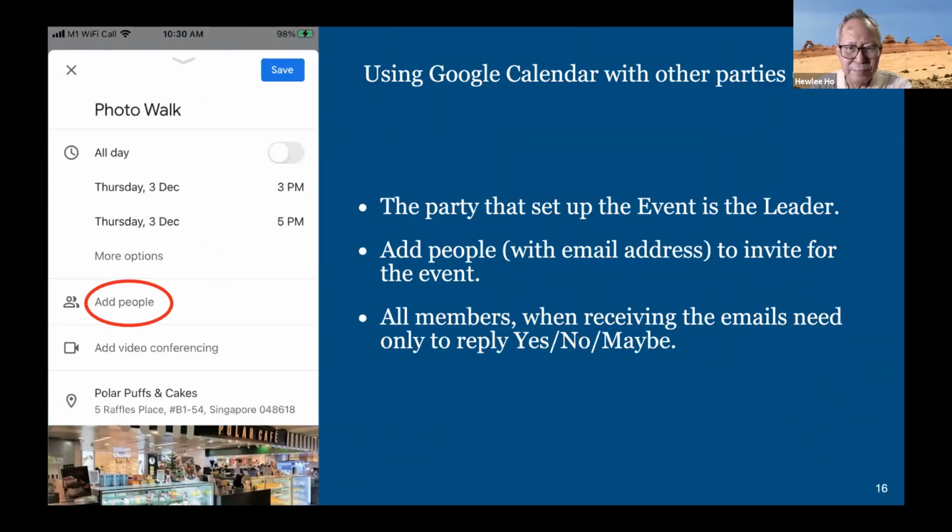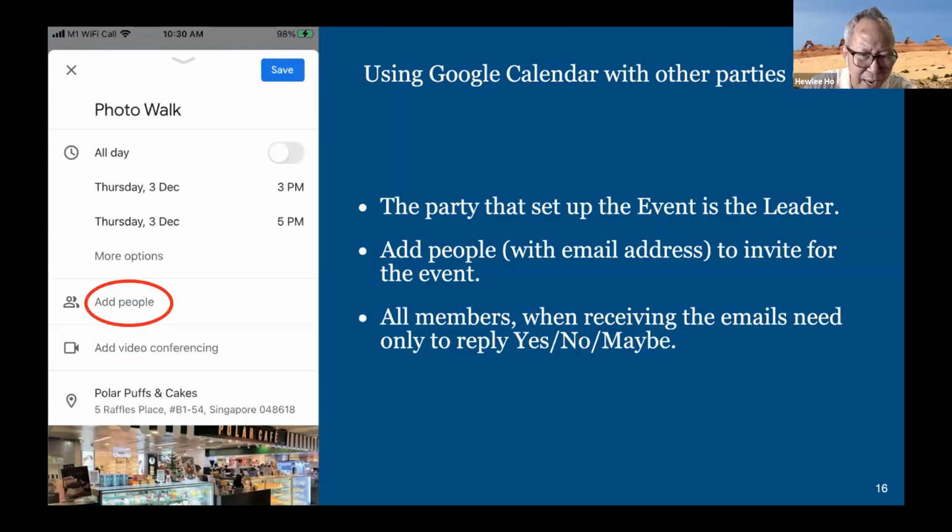The second one is assuming you are a leader organizing an event. Here I say a photo walk event, and you may have 10 members interested to follow you. You can use Google Calendar to set it up. It's the same thing, but the only difference is there's an option for you to add people.